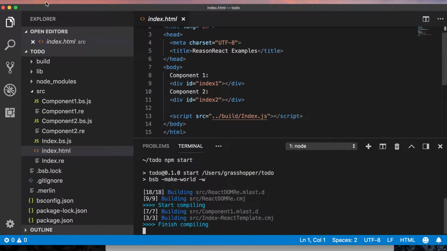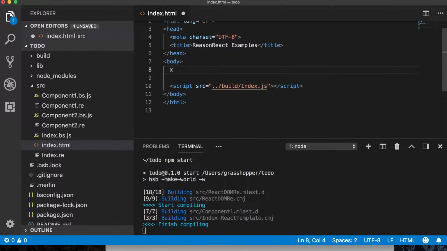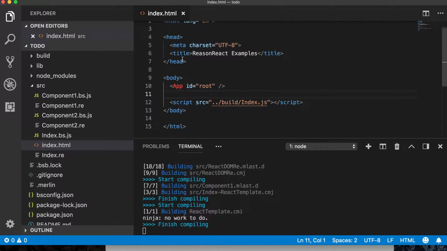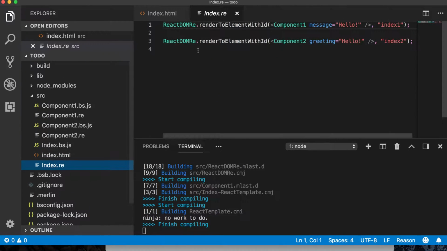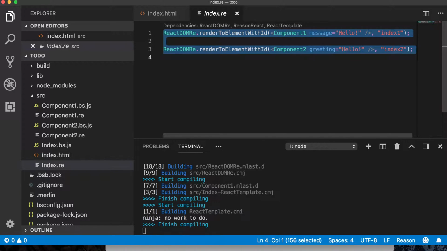So let's get rid of the default components in this project so we can build our custom app. I'm going to use App with an ID of root as the entry point into this application. So now we need to go create this component. So I'm going to replace this index.reason file. This was here before. I don't need them anymore, so I'm going to just comment them out